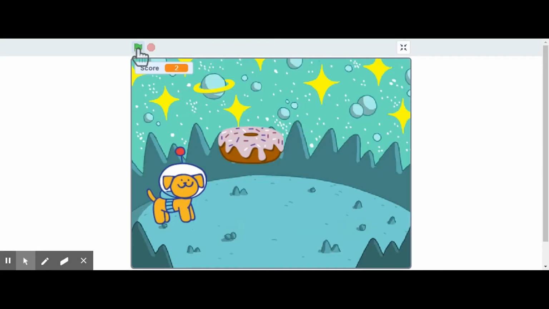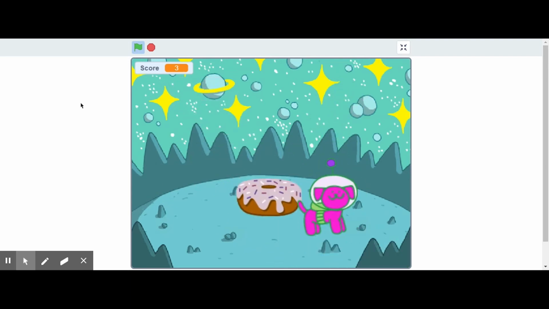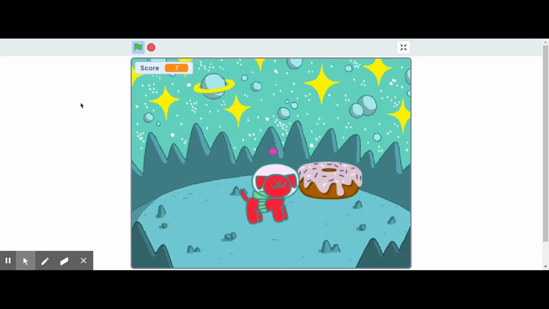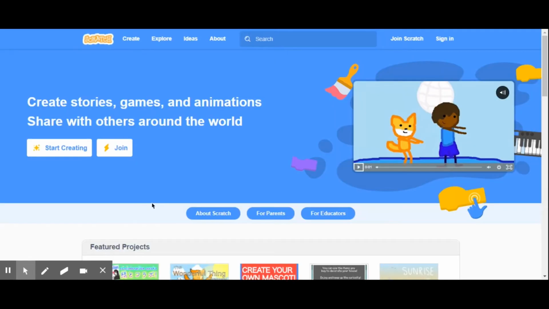For this program, we will learn to make a quick chase game where there is a sprite chasing another sprite while earning points each time you do so. Let's get started. Go on and launch Scratch by visiting